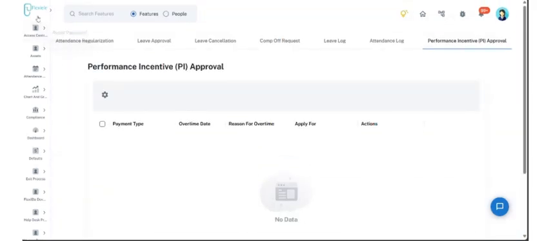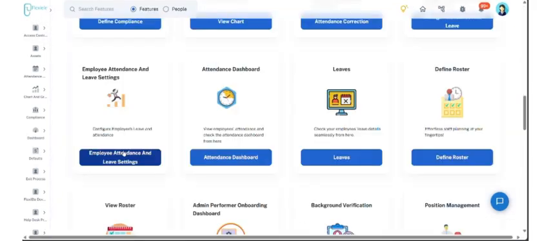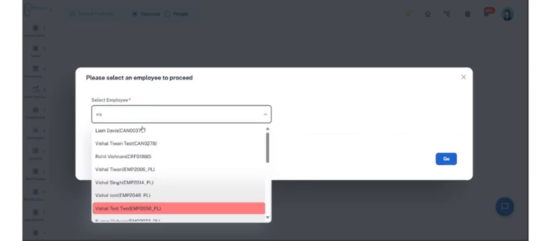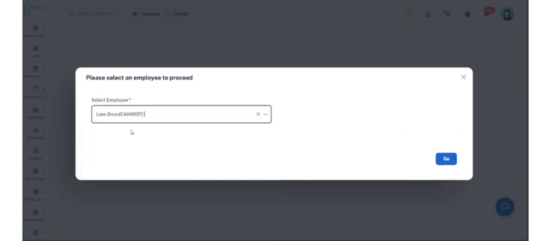workforce management. The next section we have is employee attendance and leave setting. The employee attendance and leave setting card assists HR in reviewing employee attendance and leave information. With this feature, HR can understand how attendance is configured, check employees' leave balances, and see how leave is accrued. After clicking on the card, the approver must search for the name of the employee for whom they wish to